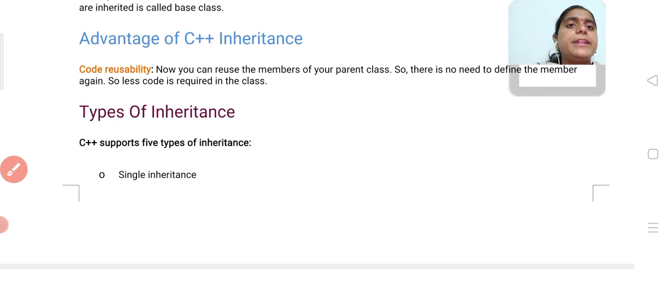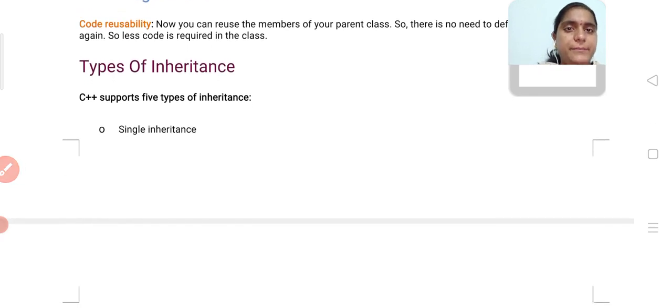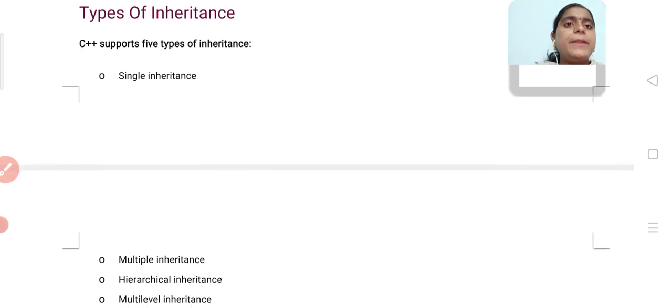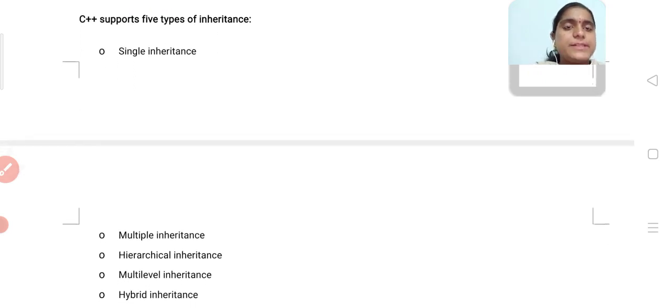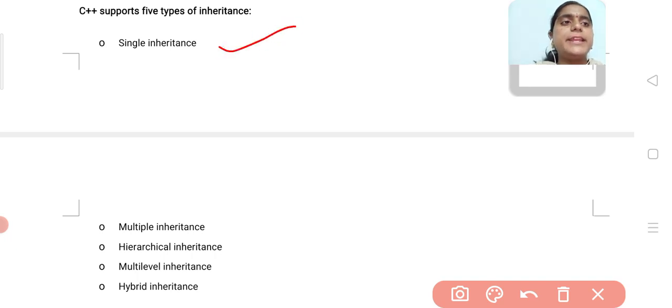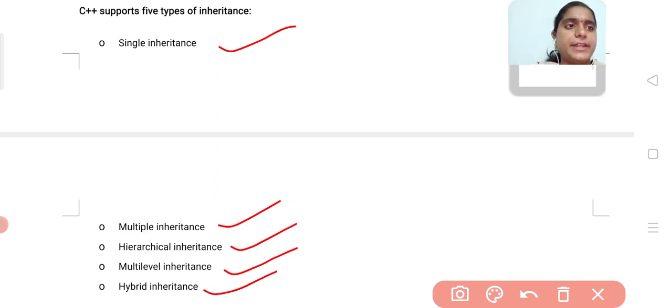Then what are the types of inheritances? C++ supports 5 types of inheritances. The first one is single inheritance, the second is multiple inheritance, the third is hierarchical inheritance, the fourth is multi-level inheritance, and the fifth is hybrid inheritance.